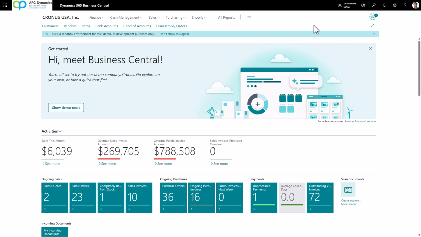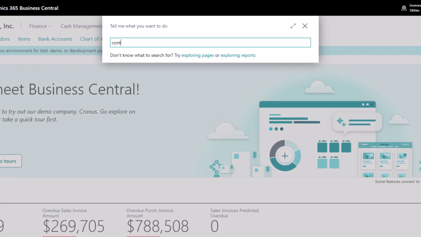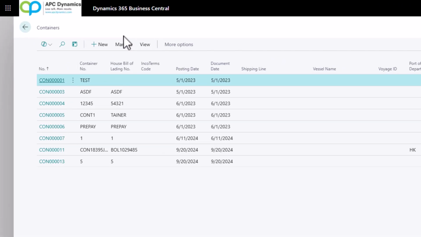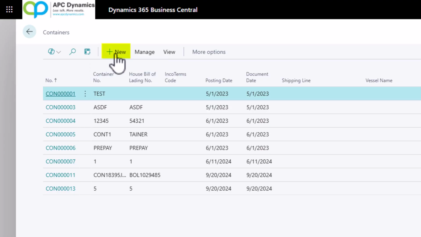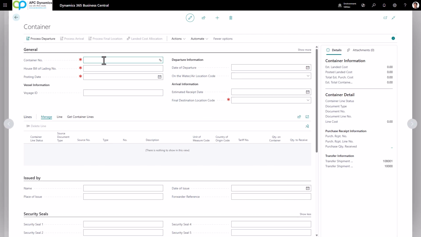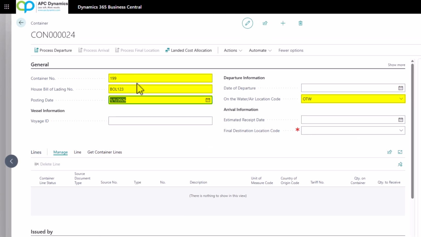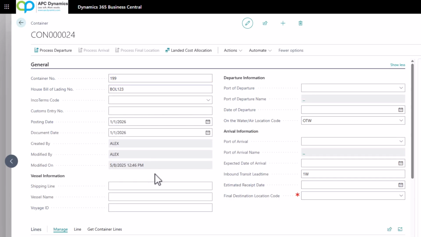Once you have that document, you would go to the containers and create a new container based on the information on the bill of lading. So I'm going to click on new, enter the container number, enter the bill of lading. Now there are a couple other fields for your information. I could click on show more. There is a lot of other information that is related to the container. For the purpose of this demo, I am going to skip them and I will focus on the important fields